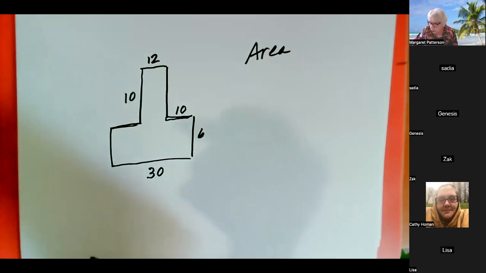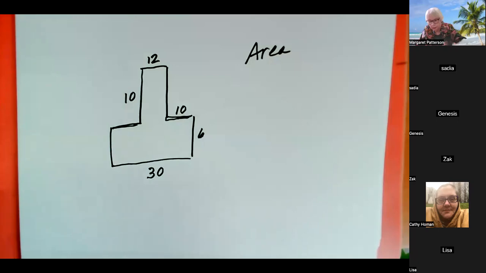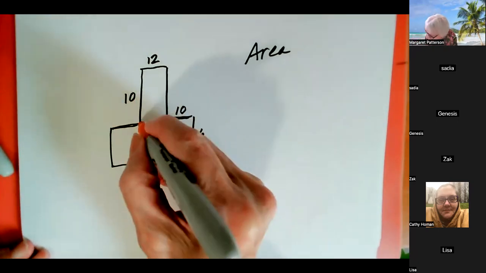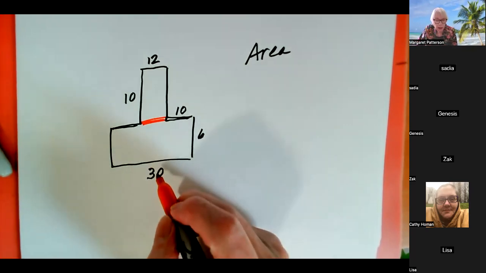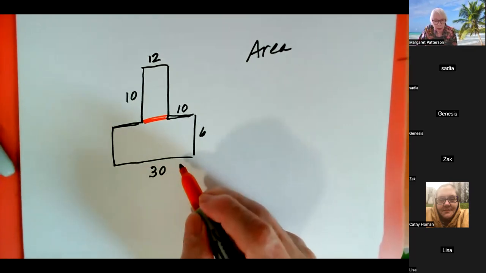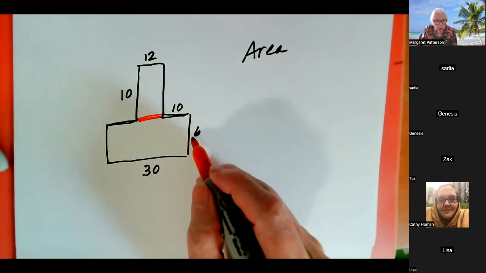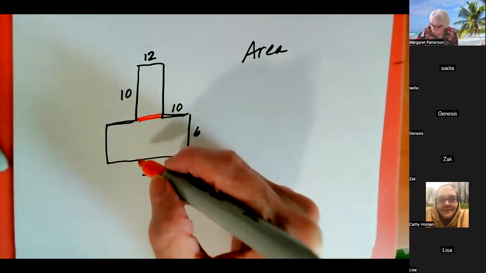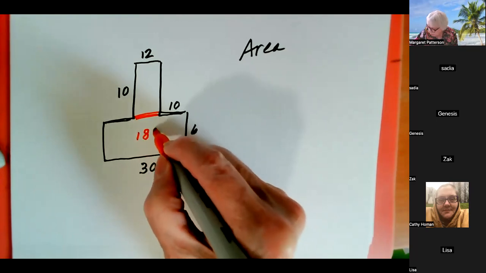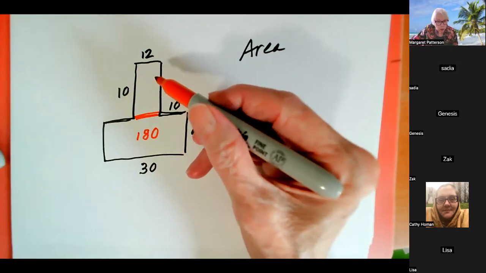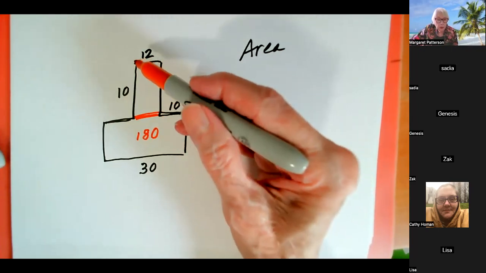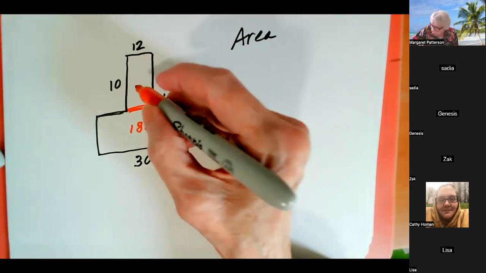What you need to do with this is to break up, there's no formula for this odd shape, but if you break this up into two rectangles, you are good to go. So for instance, the bottom rectangle, its length by width, and these are both marked. So 30 times 6 would be what, 180? Right? And then the top is also a rectangle, and so it's 10 by 12, which is